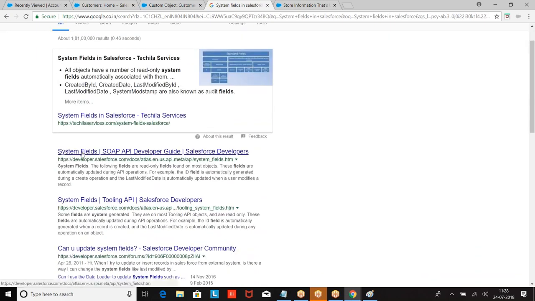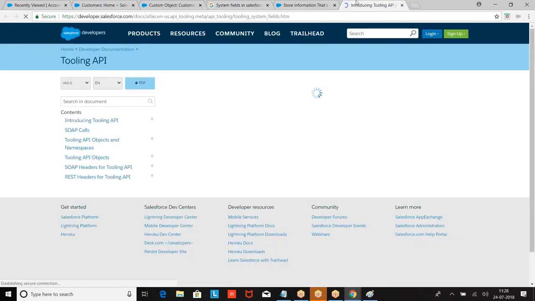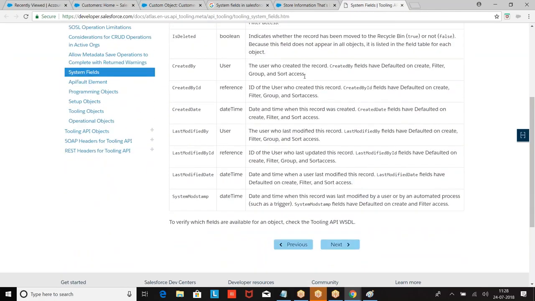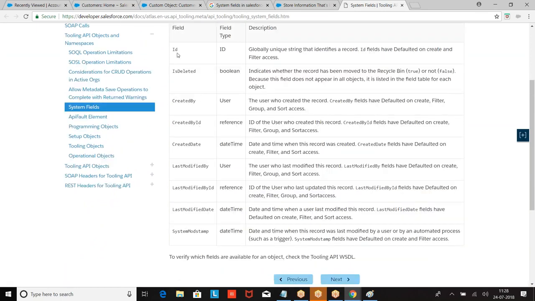Now try to understand. There are 7 system fields here. Look at the format.